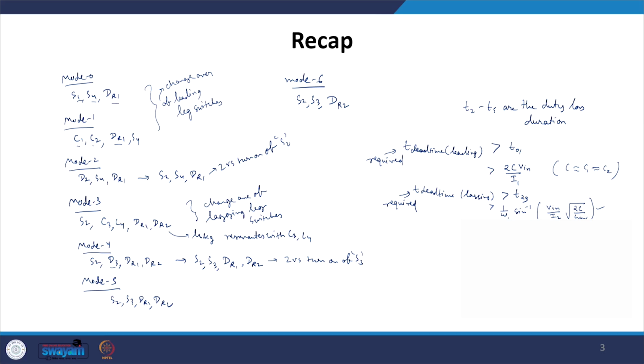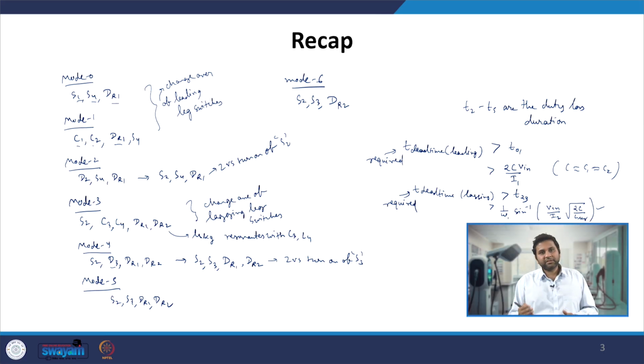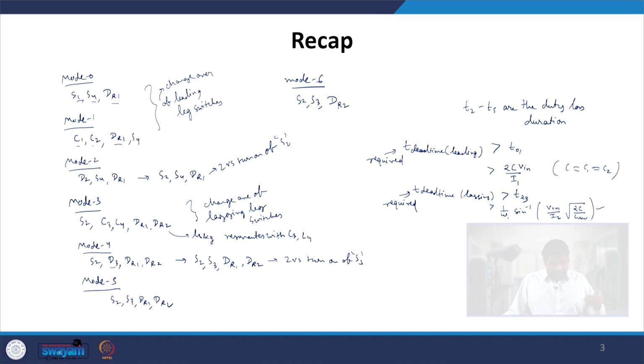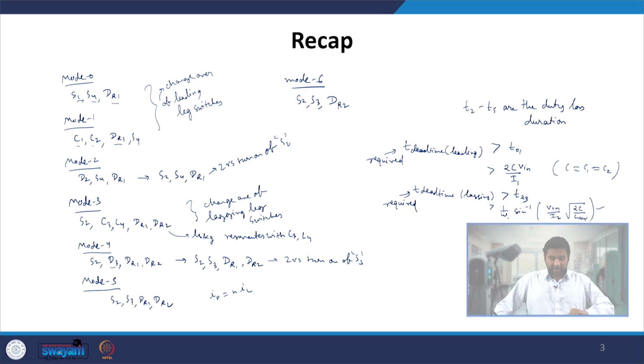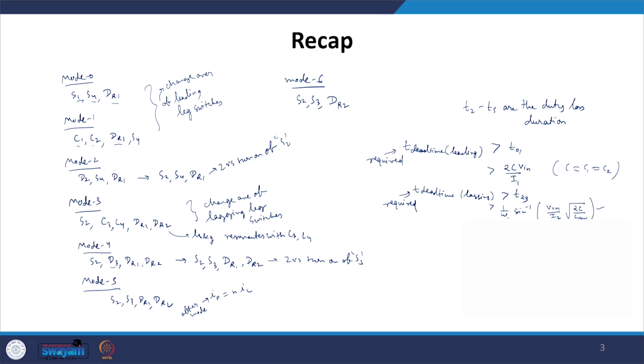So we have moved from S1 and S4 switch to S2 and S3 switch, and then after turning on S2 and S3 switch, the IP or the primary current will keep on going in the negative direction until it reaches this point when IP is equal to NIL. During that time DR1 and DR2 will still be on, because the output inductor current has to find a pathway, and then after mode 5 my IP is actually equal to NIL, and that is when the entire change finally takes place here.